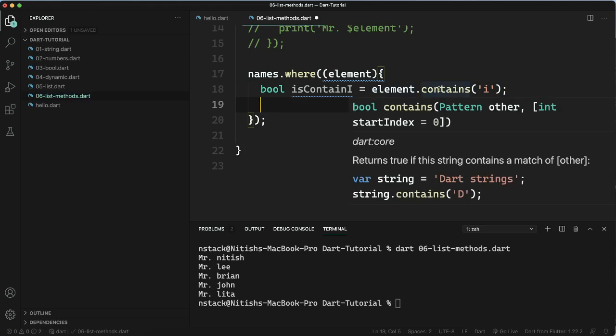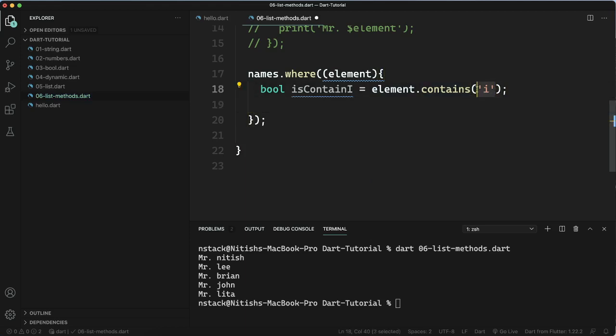So dot contains is a method which can be applied on a string, and you just have to tell it a pattern or a string. It will check if that pattern or string is present in that string, like in the object or the element. In that case, this is going to return true. If it is not present, it is going to tell us false.